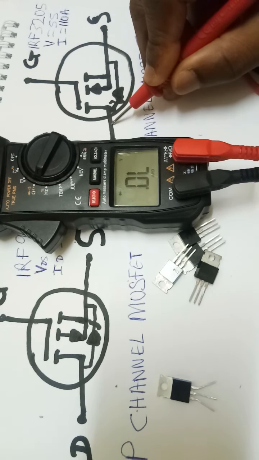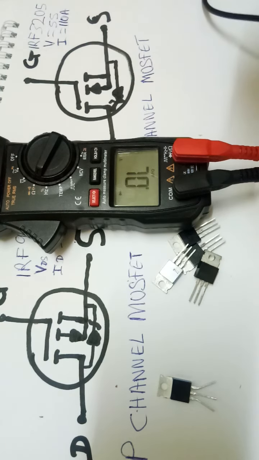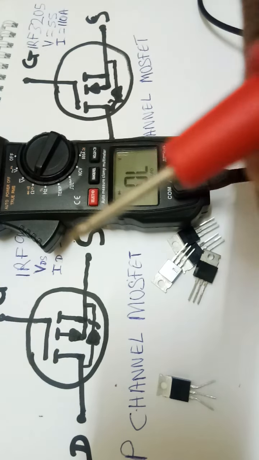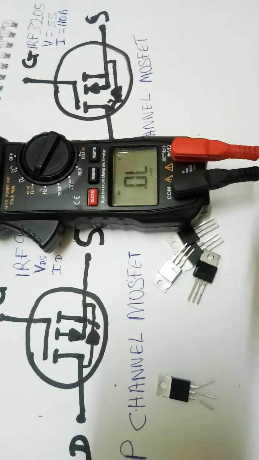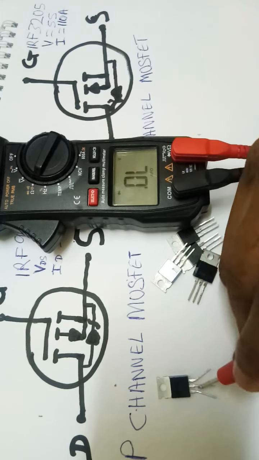So we place the multimeter, we press the red probe of the multimeter. This is the red probe. We place it on the source,